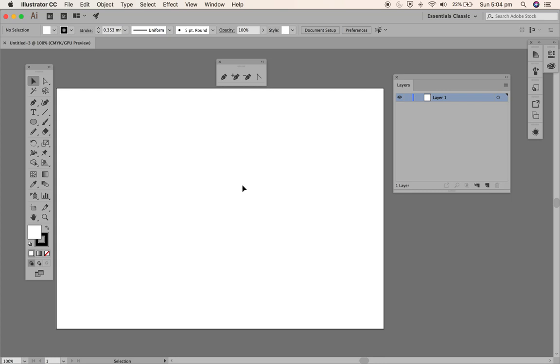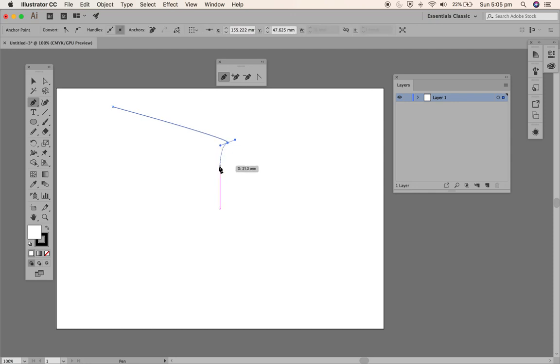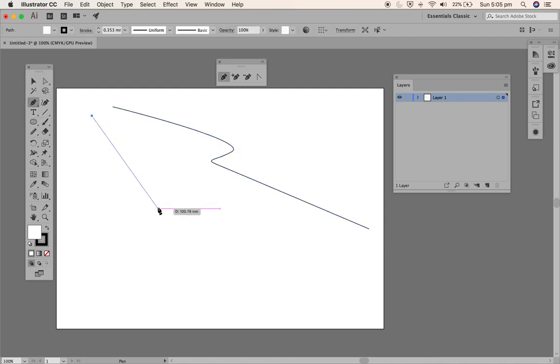In this example, we're going to create an array of lines that create the impression of a mesh design. So the first thing that I'm going to do is draw with my pen tool, and I'm just going to draw a random sort of shape. Hit enter on the keyboard to escape from the pen tool, and I'm just going to adjust this a little bit. I'm then going to draw another shape using the pen tool again,